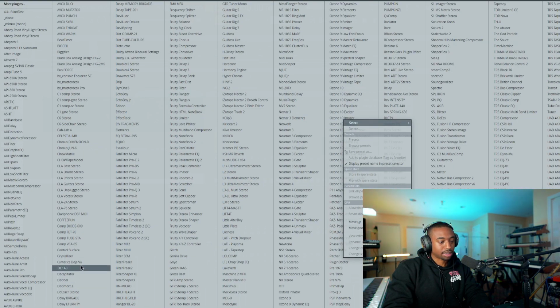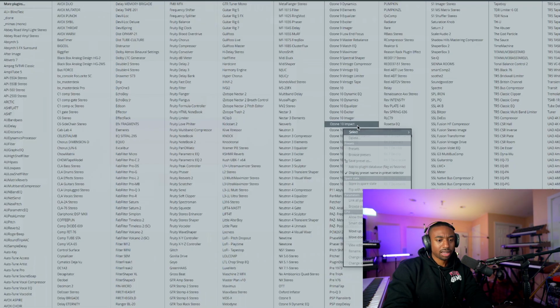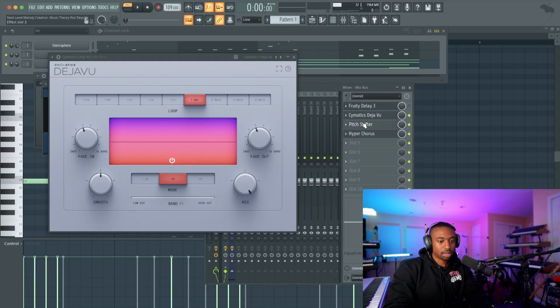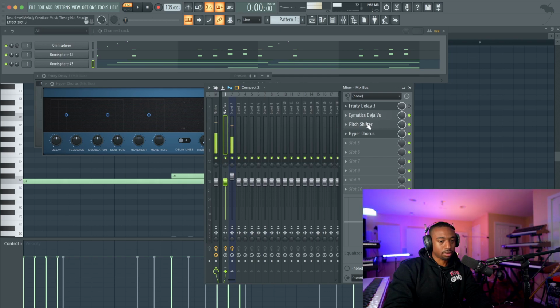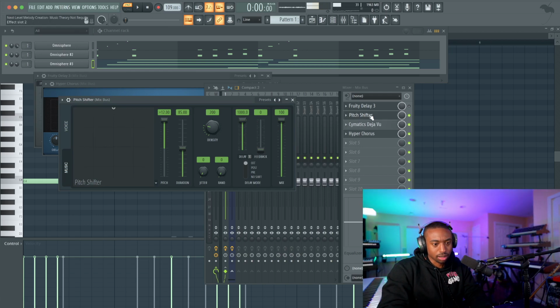Another thing, we could add some slow down effects. Let's add this free plugin. Now, what I like to do is pair any slowed down things with this plugin called Pitch Shifter by ImageLine. Where's Pitch Shifter? Here we go. And I like to pull the pitch up an octave before I lower it down, slowing it down an octave. So it's a unique sound.